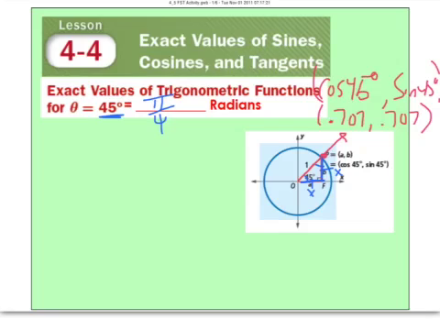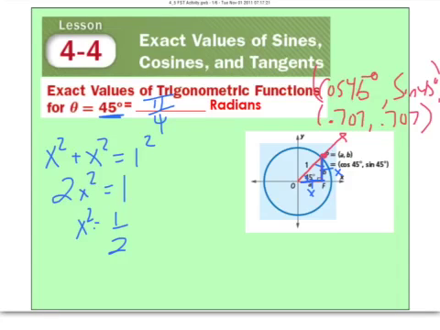A squared plus b squared equals c squared. In this case, my a is x squared, and my b is another x squared, and then set that equal to c squared, which is 1. Add my like terms: 2x squared, and simplify 1 squared into 1. To solve for x, I divide by 2 and get a half. Then I take the square root on both sides. I can break that up. What I'm going to end up getting is that x is equal to, keep in mind it will be plus or minus depending on which quadrant I'm in,